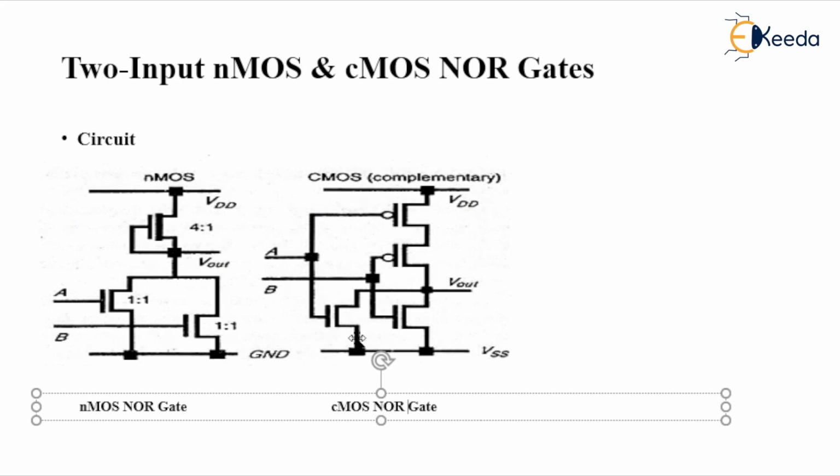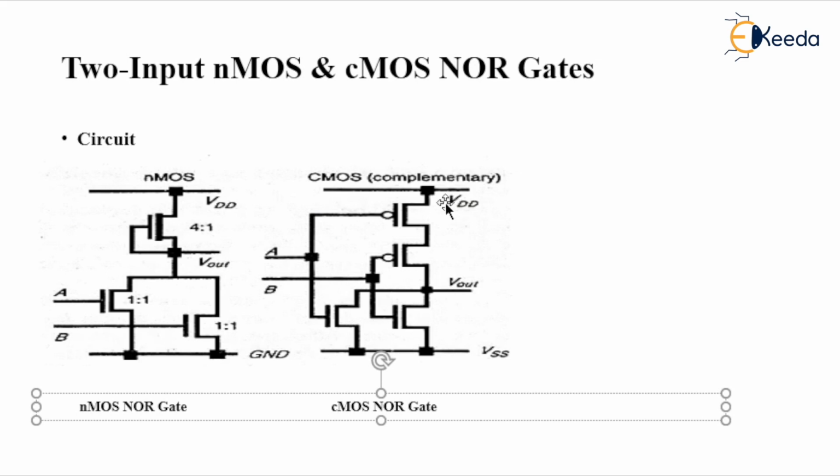I repeat, under NMOS OR operation, A and B are connected in parallel. Going to the PMOS, this parallel combination becomes a series since it is a complementing one. So that's the reason A and B are in series. If you combine both the gates of the A and B transistors, A and A are combined, B and B are combined together to form the input for both the PMOS as well as NMOS. Here B is acting as input for PMOS as well as NMOS.